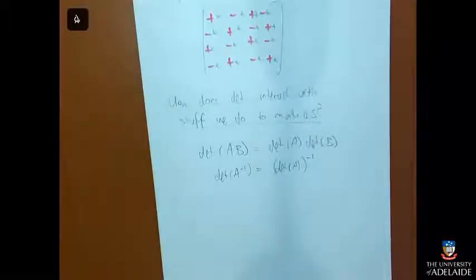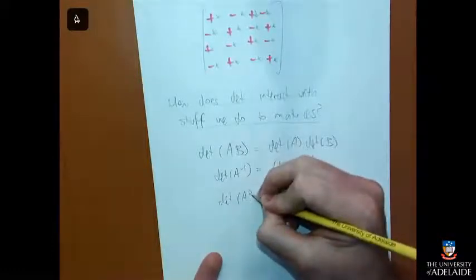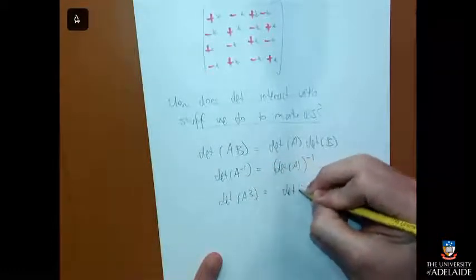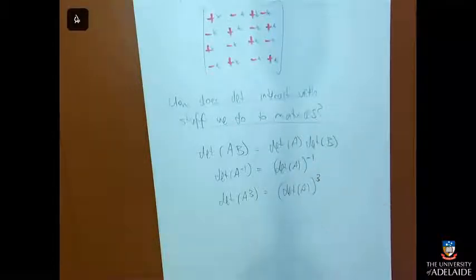It's kind of cool. Oh, it works with all the powers, actually, while I'm at it. The determinant of, like, A cubed is the determinant of A cubed, for example, but it works with squares and any other powers. You don't have to worry about what happens when you have half powers, because there's no such thing as a square root of a matrix.